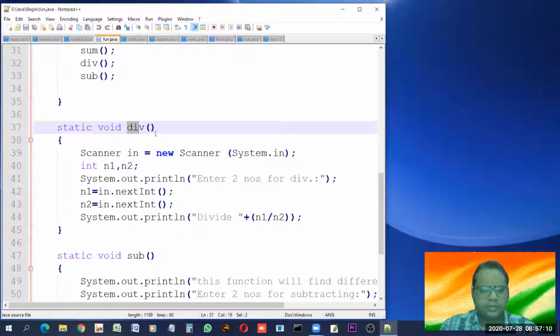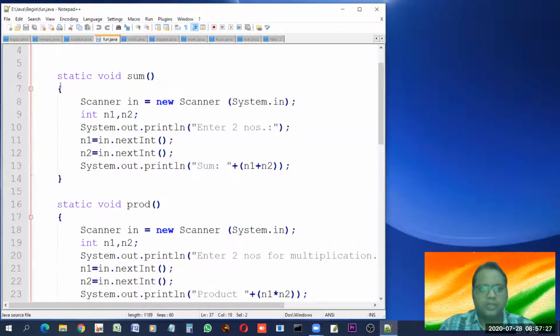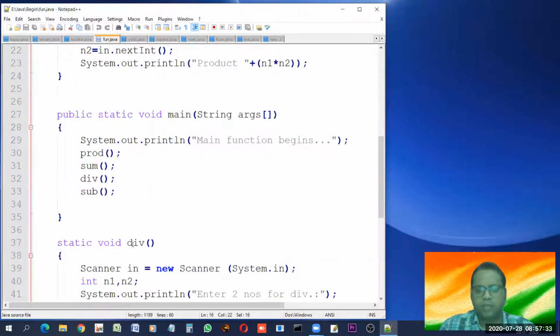How many types of functions are there? There are a few types of functions. I'll tell you what their types are, but before that, I'd like to tell you something. After understanding those things, you'll be able to easily differentiate between different types of functions. In this case, we have chosen only one type of function, and you can see the similarity among them. All are defined in the same way, only the name is different.